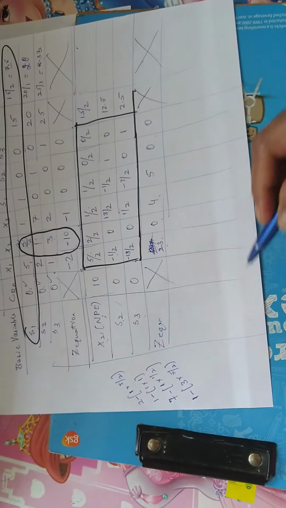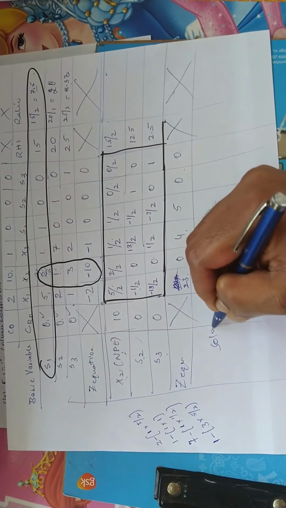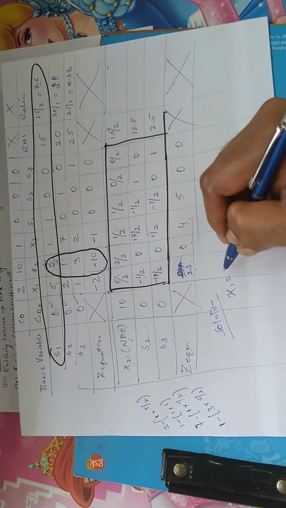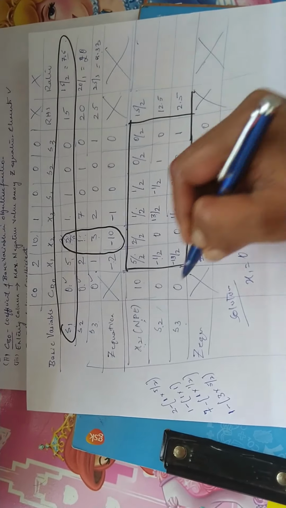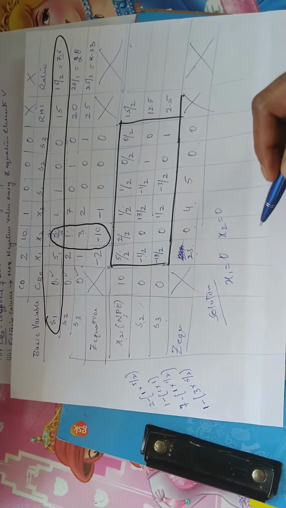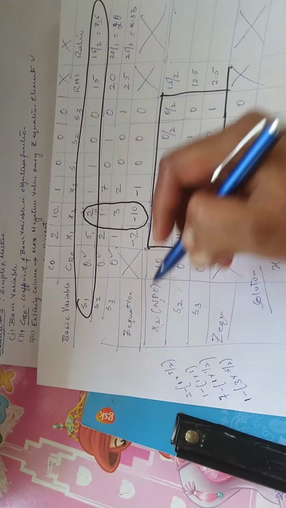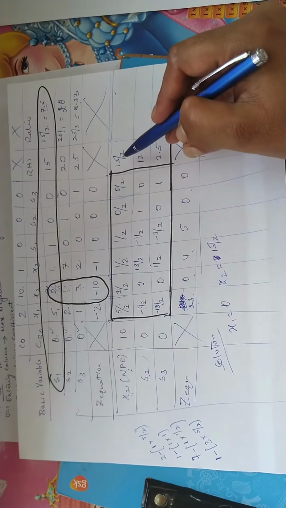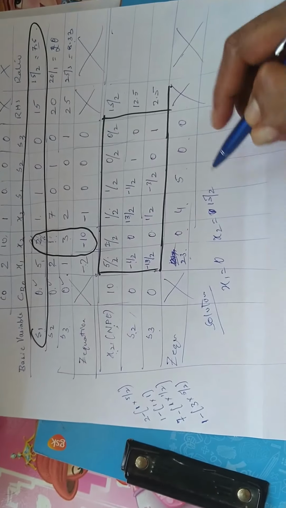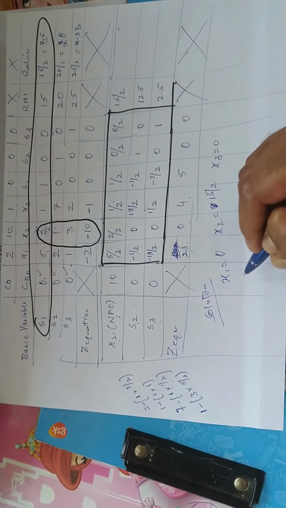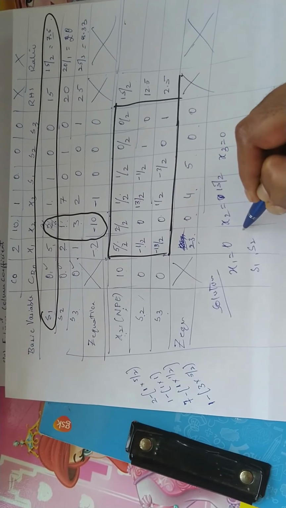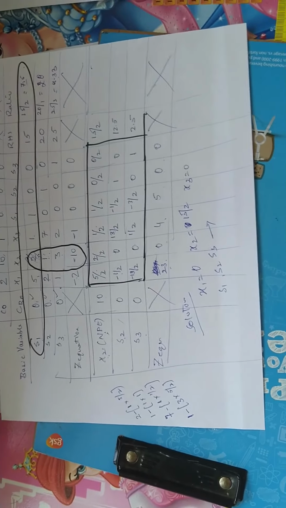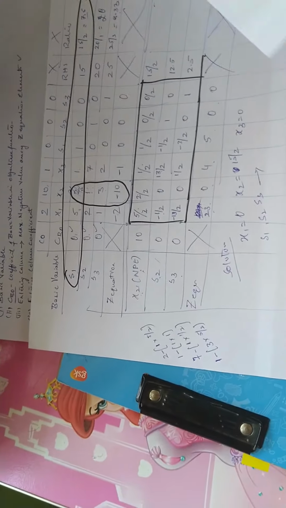The solutions are: x1 is not appearing in the solution table, so it becomes 0. x2 is appearing in the solution table, so x2 is equal to the RHS, which is 15 by 2. x3 is not appearing in the solution table, so it becomes 0. Regardless of the values of s1, s2 and s3, it will not make any difference to the objective function, since in the objective function the coefficients of the slack variables are all 0.